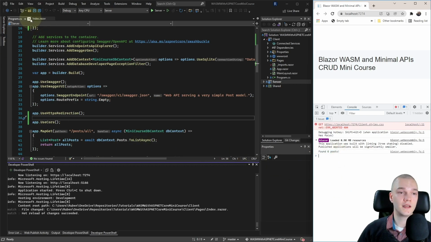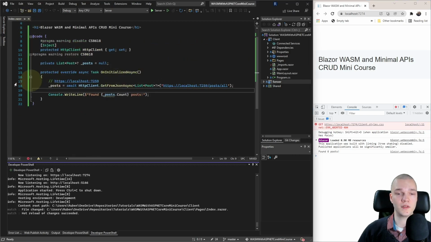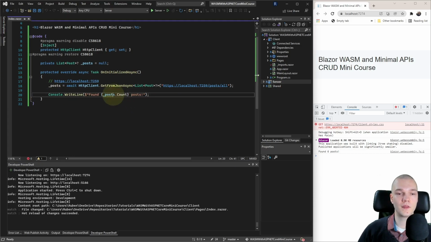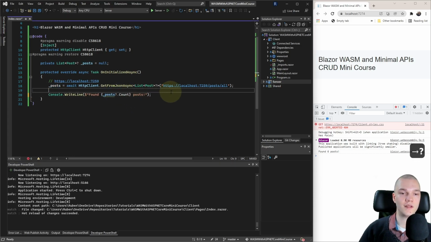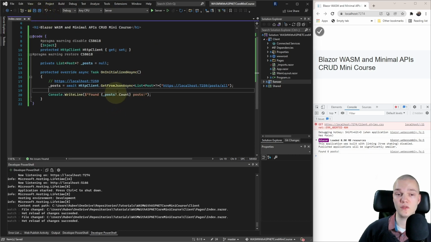Awesome. So that works. So I'll close program.cs, and now I want to display all these posts in a Bootstrap table. And this should have a question mark so that we check if it's not null before we do Count. Little typo there.